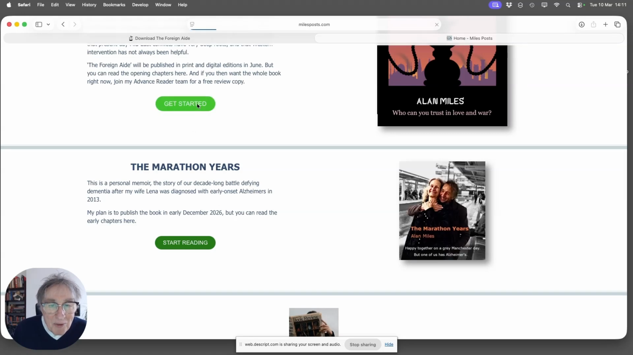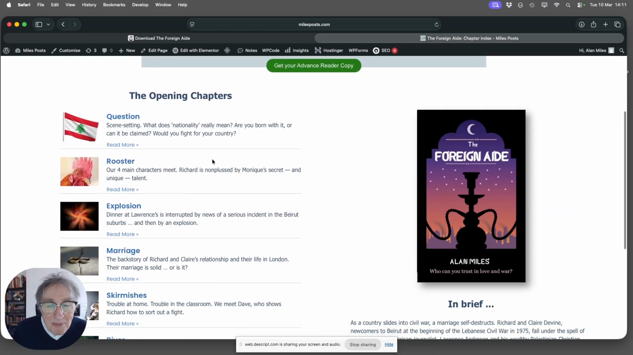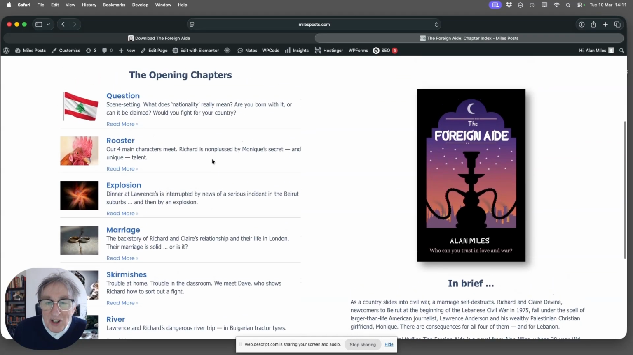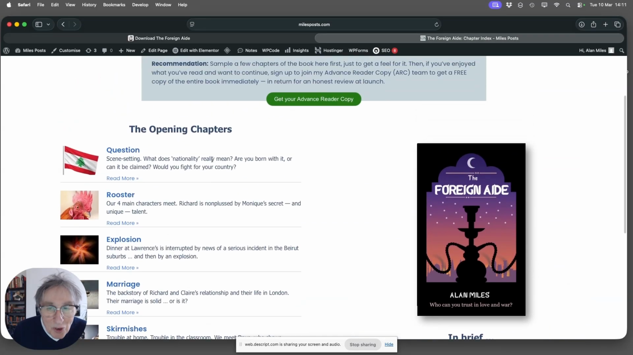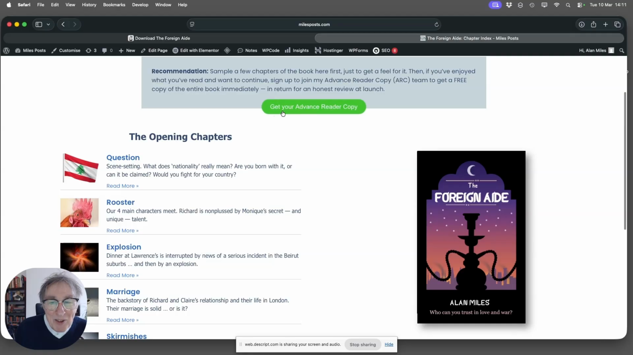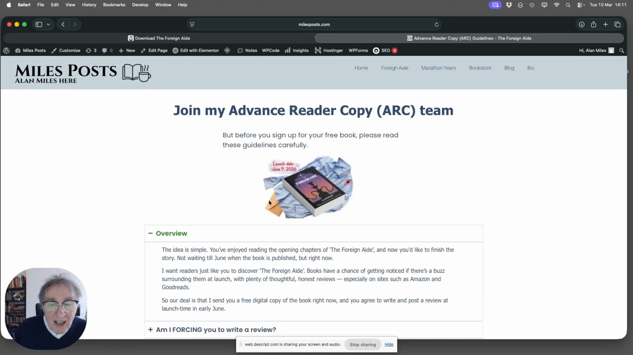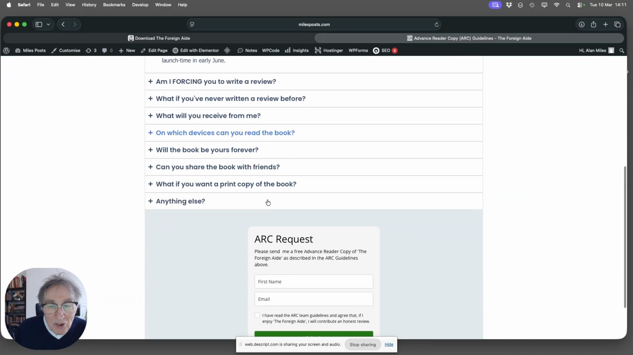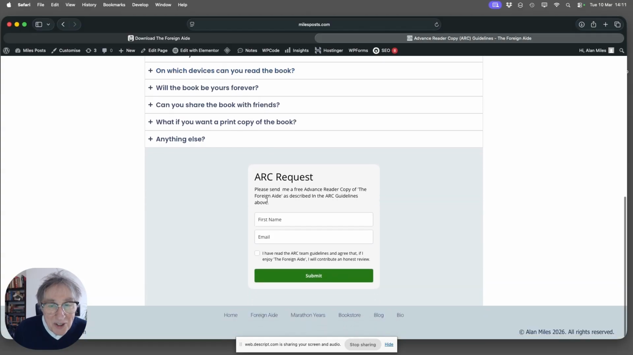If you get started with this one, then you'll see 8 opening chapters, which give you a chance to see whether it's a book you actually like or not. Hope you do. If you want to then get an advanced reader copy for review, there's a little explanation of what to expect and what we'd like you to do when you review, which of course you will. And then you send a request. And if you do that, you'll get a BookFunnel download of the book. And now you'll know